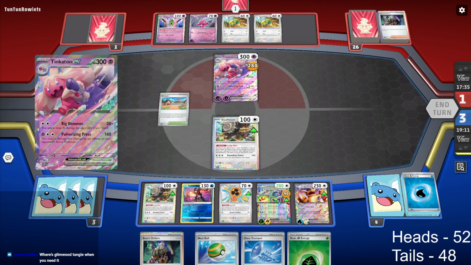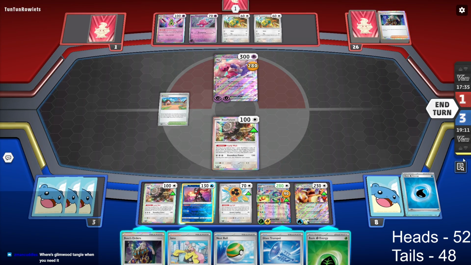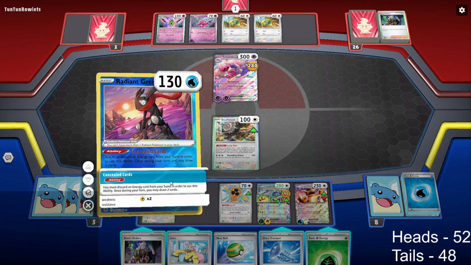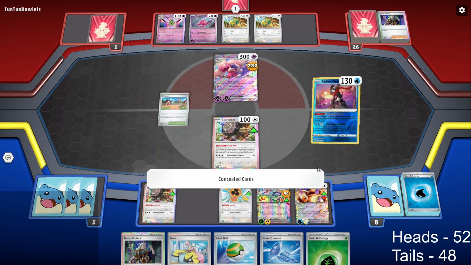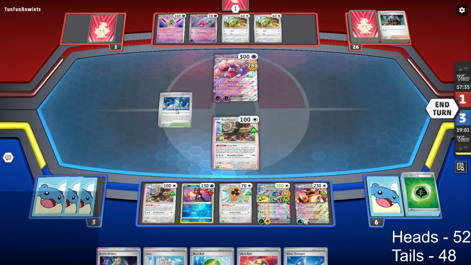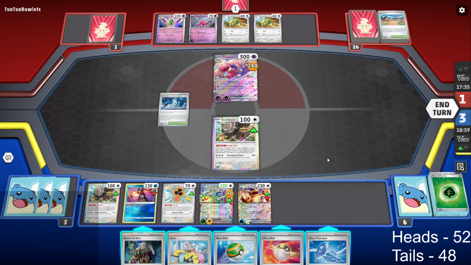Wait, what? Wait, what did they... Oh, because the Bouffalant canceled it out. Okay, so I have two concealed cards, and I just need a Scoop Up Cyclone, a Penny, or a... Oh, crap. Okay, this is fine. This is fine. We can...